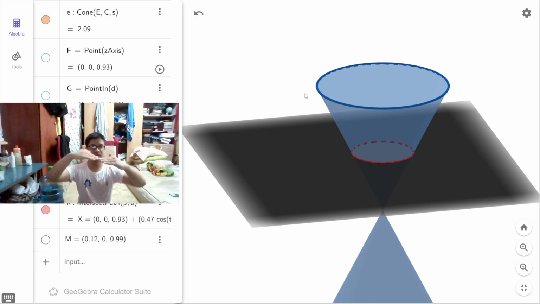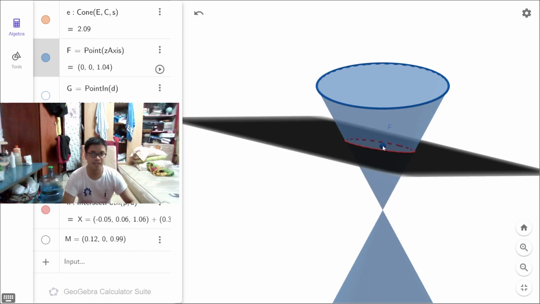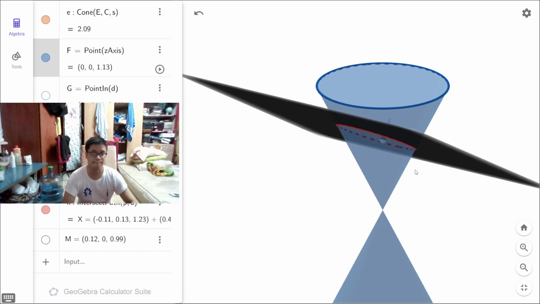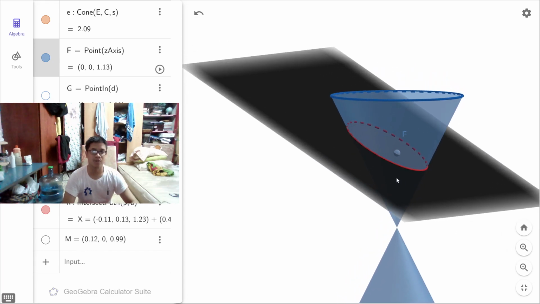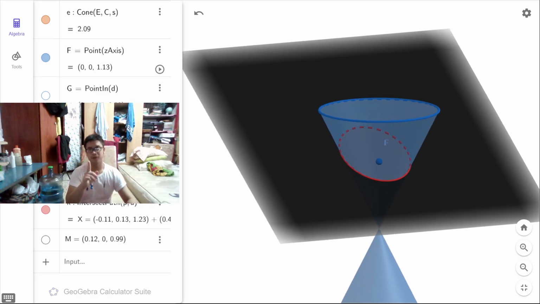Now, what if we tilt that upward? Do a little bit of rotation. So let's try that. All right. I'm just going to control this point F and let's move it up. Take a look at what will happen. Okay, up. Now let's take a look. There we go. Now, if you observe at this point, it looks like initially it's a circle, but